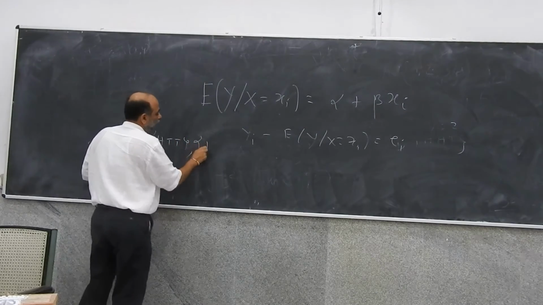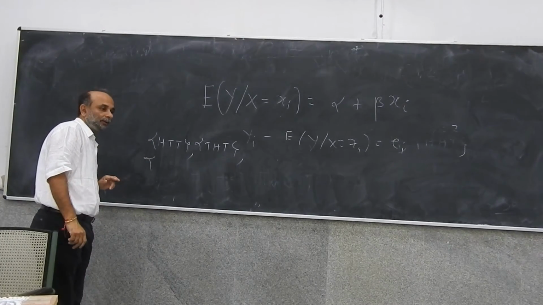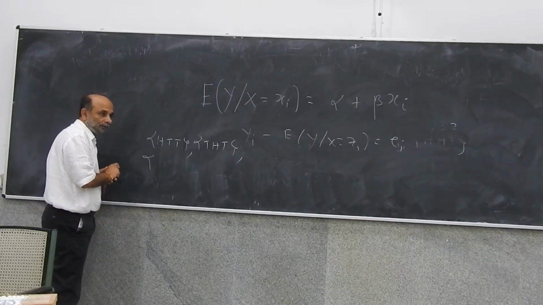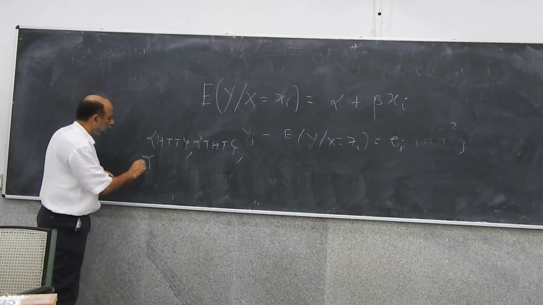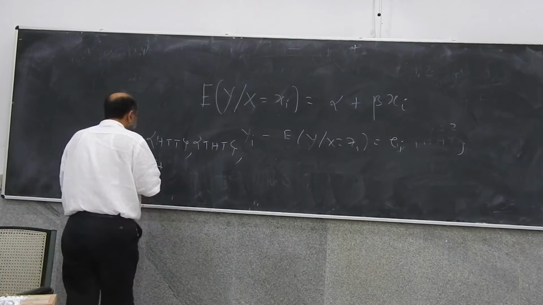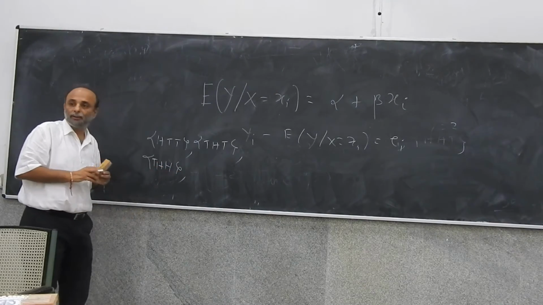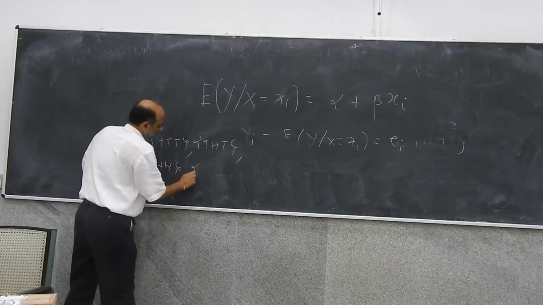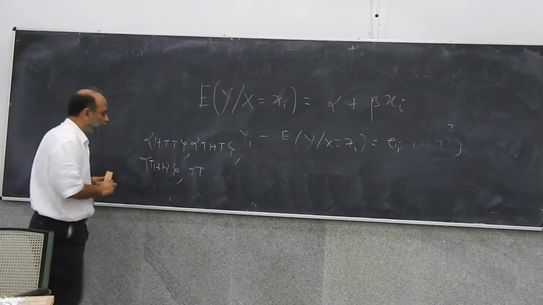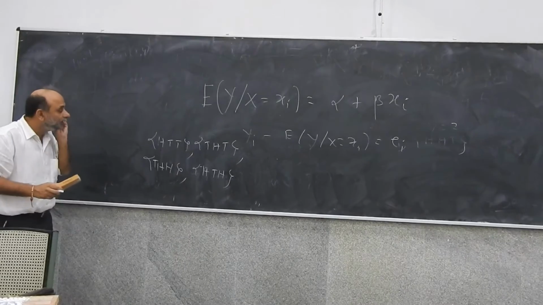HTT, THT. What others? I want one head on the first two tosses. But I've already written THT, no? HTH and HTT. Now in each of these cases x is 1.